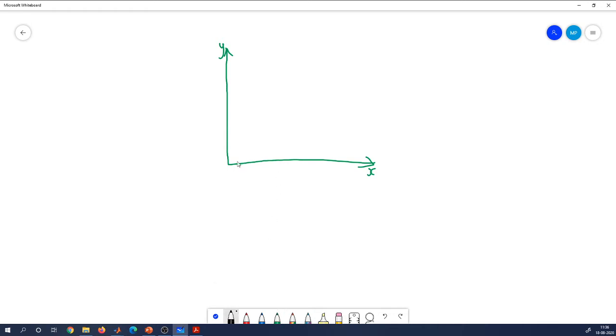Let's see. I'm going to draw a simple xy axis here. So this is my x and this is my y axis. Forgive me for my drawing. And let's put 2 points here. Let's say I have a 2D point with the location x comma y. And there is another point which I get by rotating this particular point by an angle. The rotation means it has to follow a radius, right? You can't deviate from this radius.